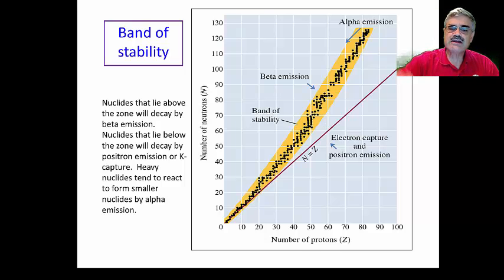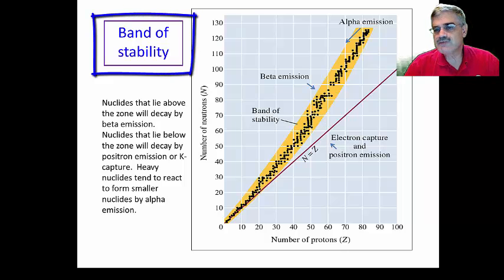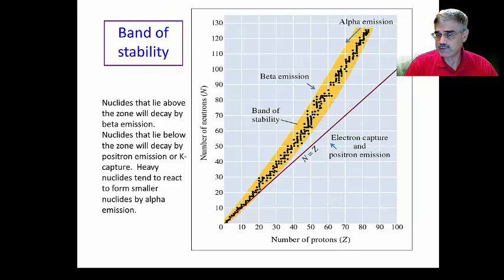This yellow shaded area is what is called the band of stability. You might think of it as the Goldilocks zone, where everything is comfortable enough. Any isotope of any element that falls within this zone of stability is stable, and it will not undergo a spontaneous nuclear reaction. However, if a particular isotope lies above or below or out to the right of this zone, it will be unstable, and it will undergo a nuclear reaction in order to try to work its way into this zone of